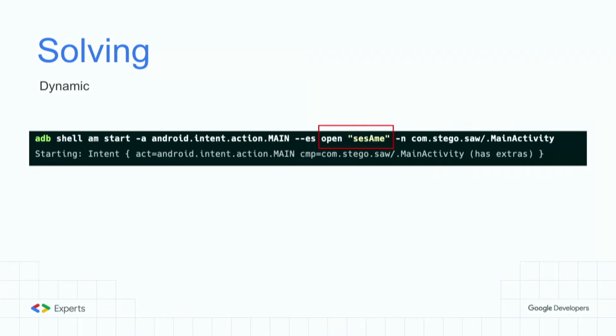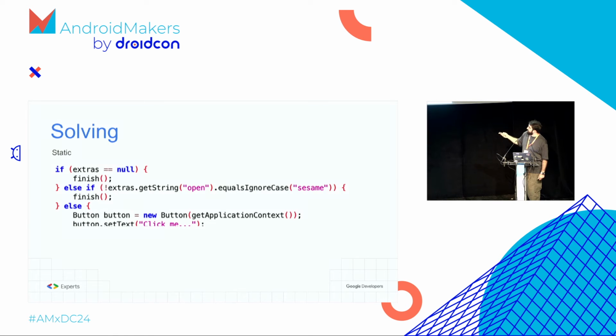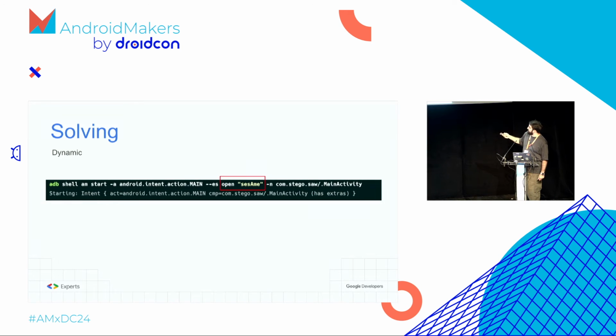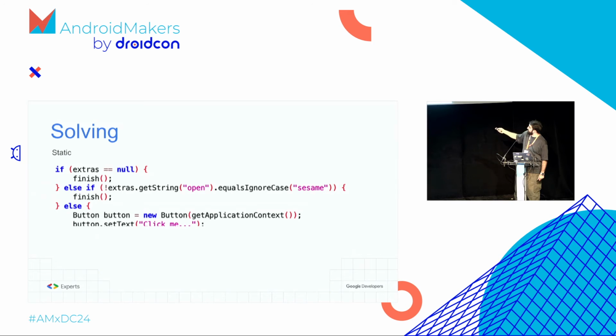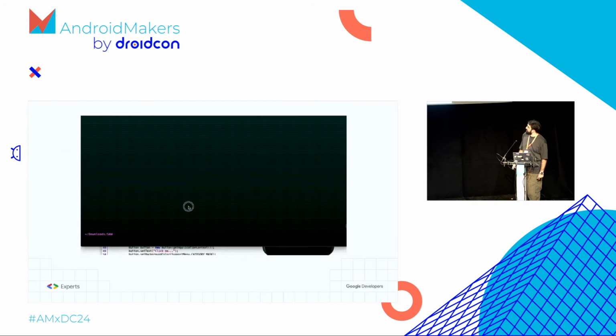So ADB shell, main action, of course, just the open with open and sysam. Because, as we saw from the previous code, it was an ignore-case comparison. So basically you need not pass the exact same string. You need to have an uppercase somewhere in the string, not the same case, and then the package name and main activity. So okay, I do this,